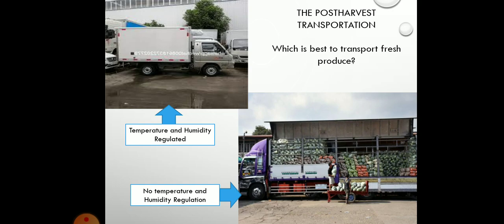Okay, so we have here the post-harvest transportation, which is recommended. Which is the best transport to be used in delivering fresh produce? Ayun. At least a temperature and humidity regulated transport like the refrigerated truck. Dapat yun yung gagamitin natin to transport those commodities. Okay. To maintain its